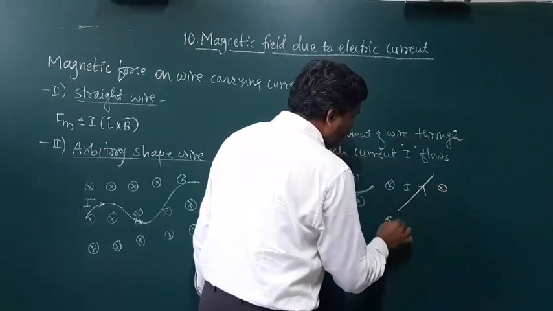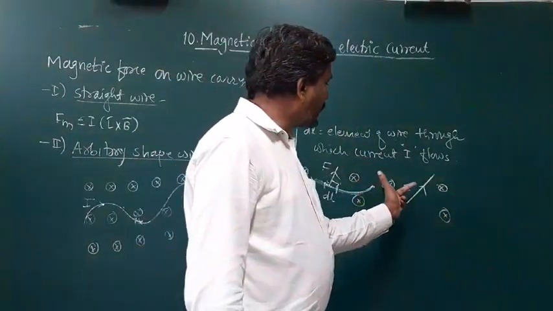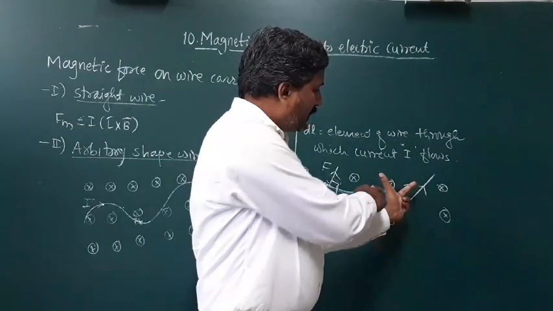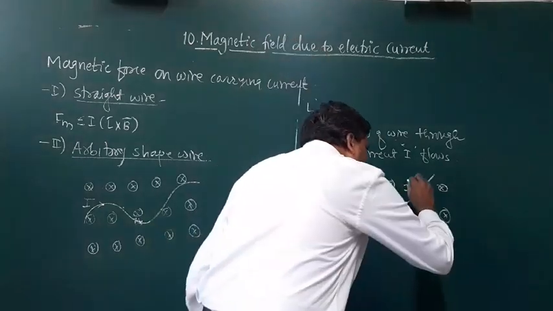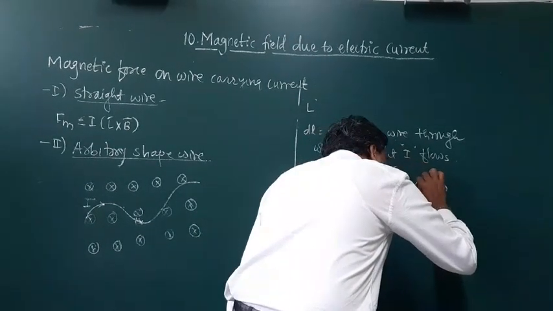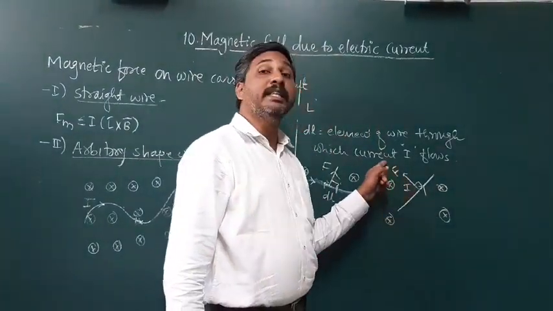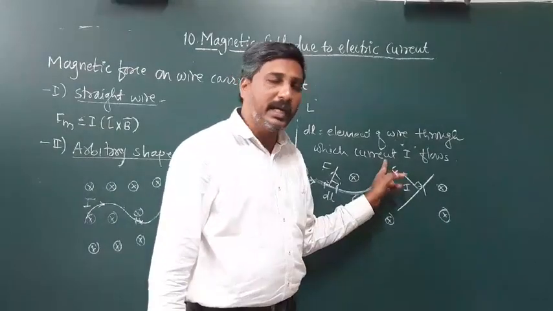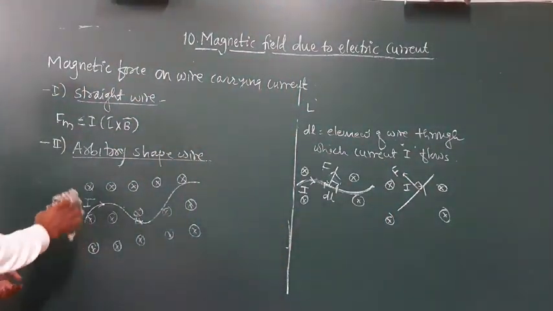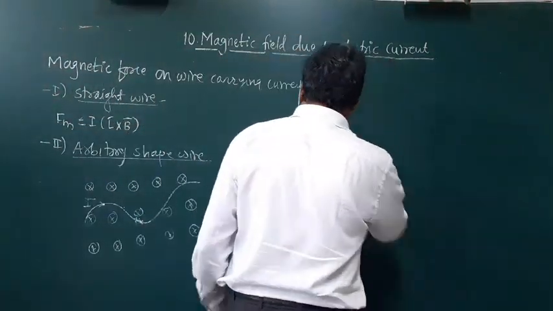I will show one or two examples. Now see here. This is the magnetic field which is away, current is in this way, then the thumb indicates the force. It makes an angle of 90 degrees because all are mutually perpendicular. So the force is in this way. Are you getting this part? Now we have to calculate the magnitude of the force. Now it will be very easy to calculate the magnitude of force.